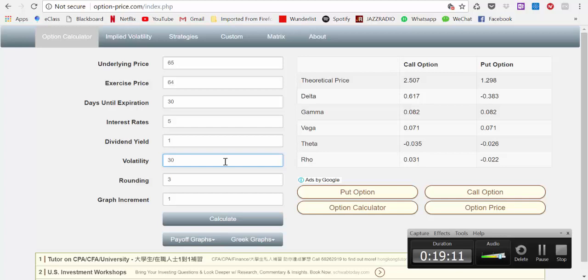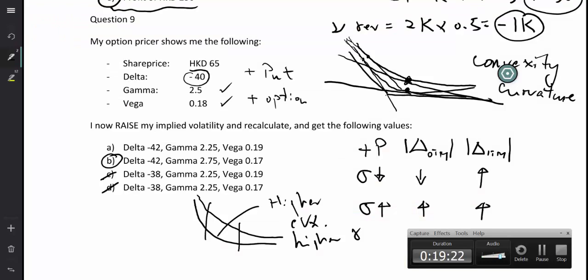What happens to my Greeks when I recalculate? Now, it's easy if you have a machine in front of you, but if you don't, I think we went through that last time, and